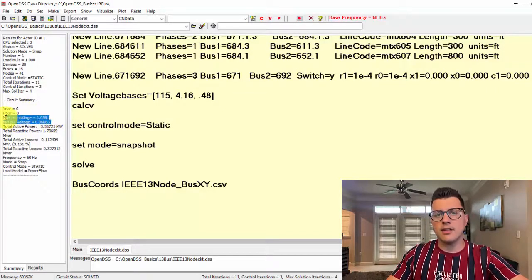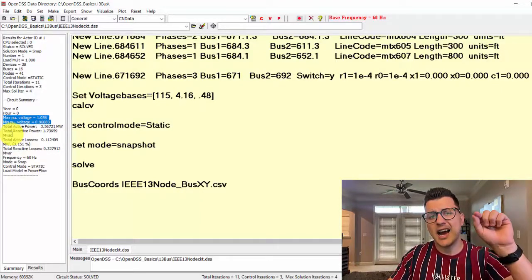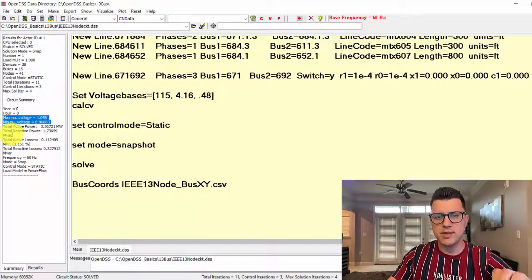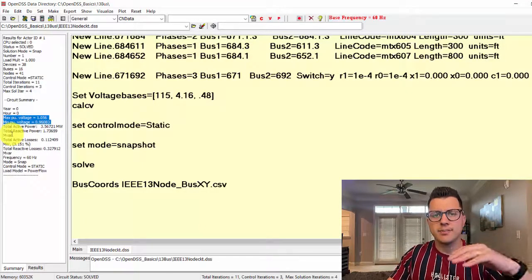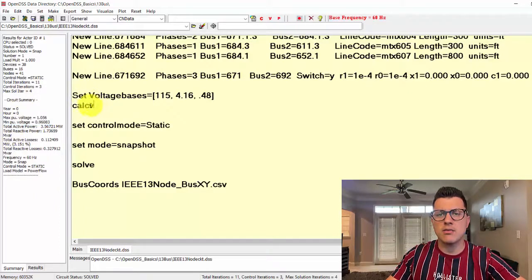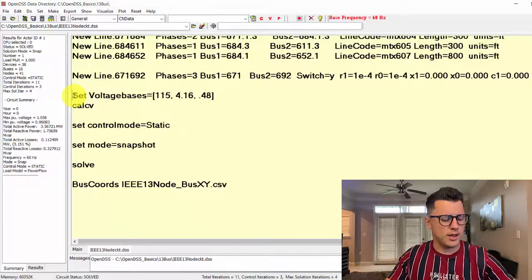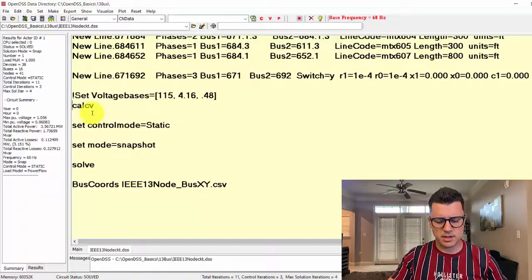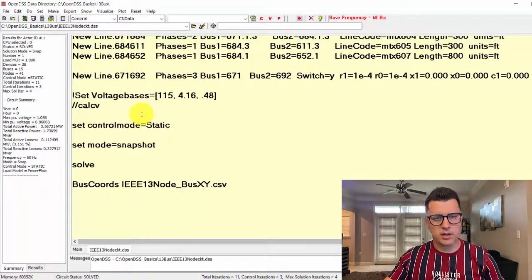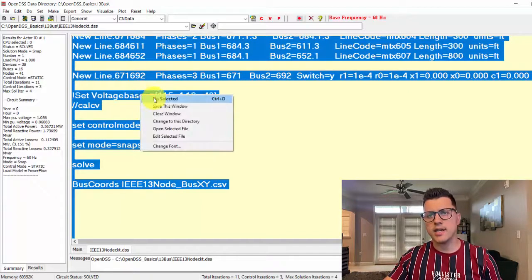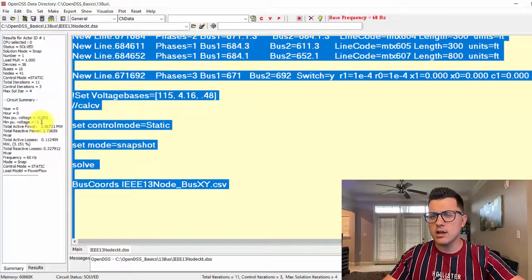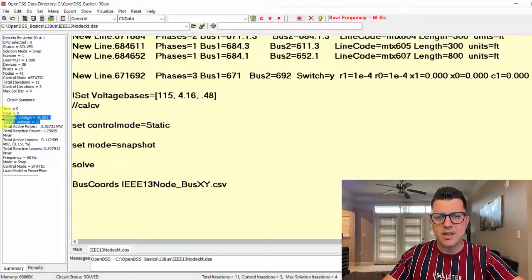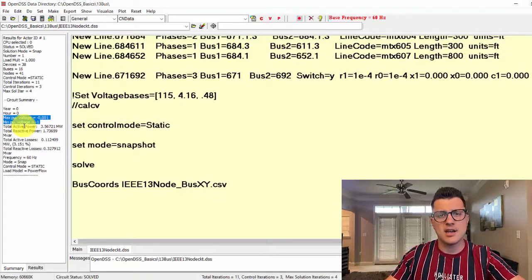Here we have the max and min per unit voltage that we have in our circuit, and here what we have is the line to neutral voltage. Here it's really important, then it gives me the chance to talk about the calc voltage bases. So let me do one thing here. Let me comment it out, with a slash, it doesn't matter. So I'm gonna run everything, Control A, right click, do select, or Control D, and now look, you have min and max equal to something that doesn't really make sense. Well,